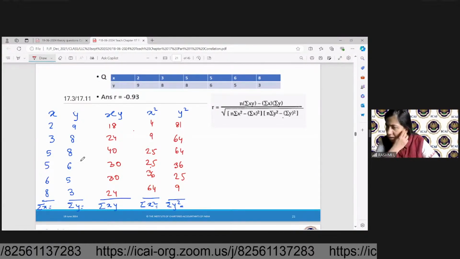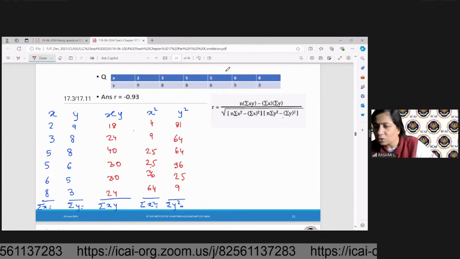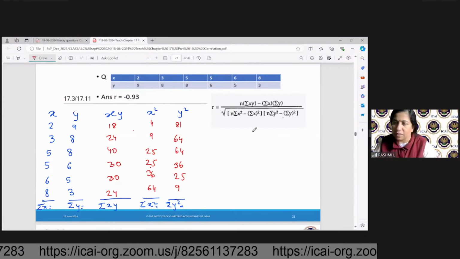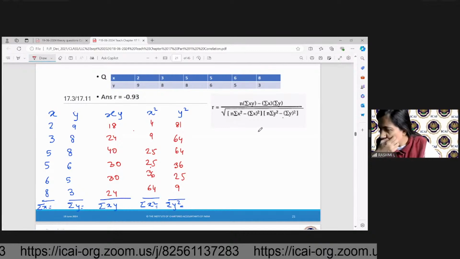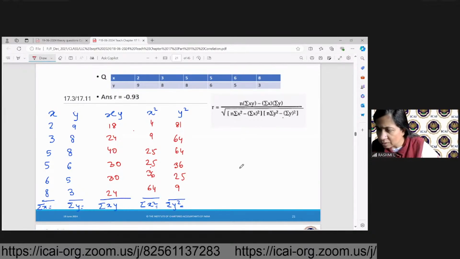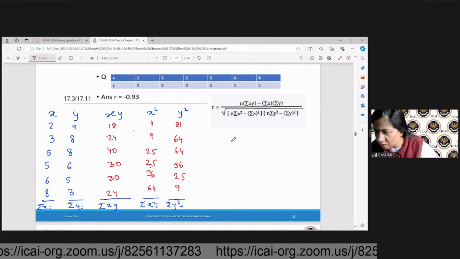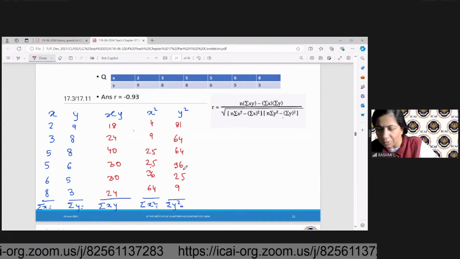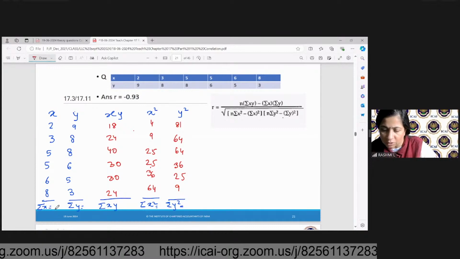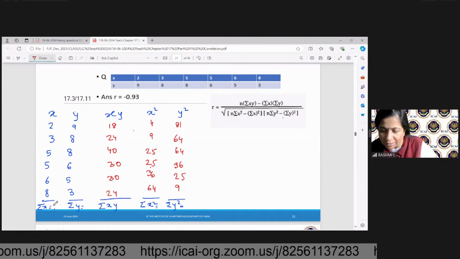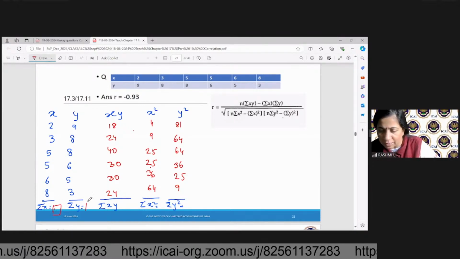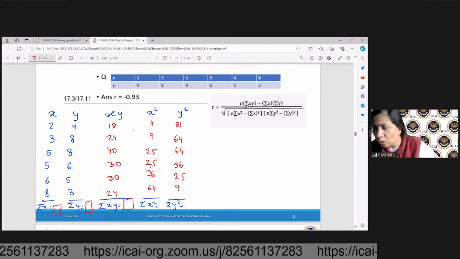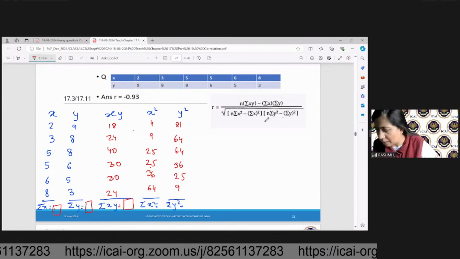So you will find these values and then you're going to substitute and you will get the answer. Okay. It is a solved example in your textbook, so in your study material you will be able to find these values. Can you see now these values are so simple to calculate? And once you do that, all you need to do, remember, is this formula.